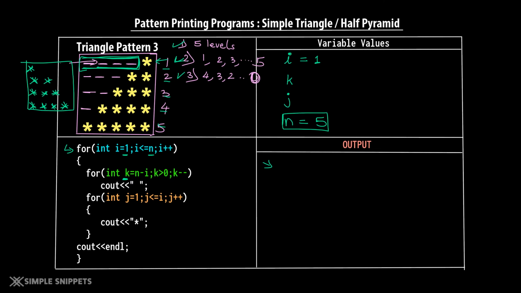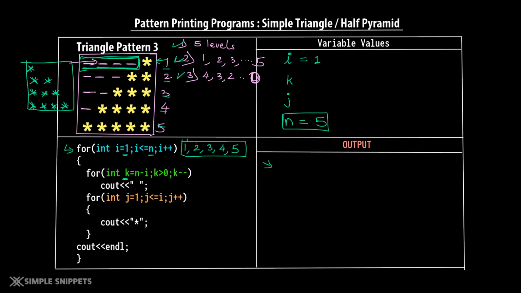So when you start from i equals 1 and i less than or equal to n, what is the value of n over here? n is 5. So i will go from 1, and we are saying i plus plus. So i will take the value 2, 3, 4, and i is still going to be less than or equal to 5, right? 4 is still less than or equal to 5, and i will go till 5. And when i becomes 6, this for loop will stop working. So you can see 1, 2, 3, 4 and 5 iterations are happening. That is what we want in the outer for loop.